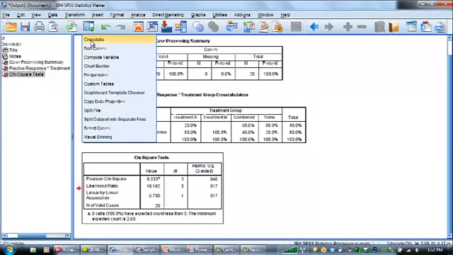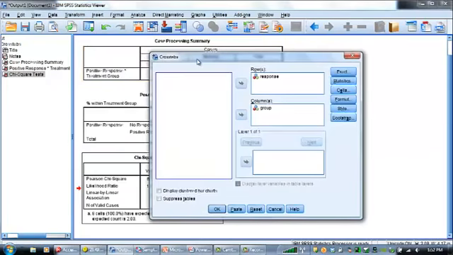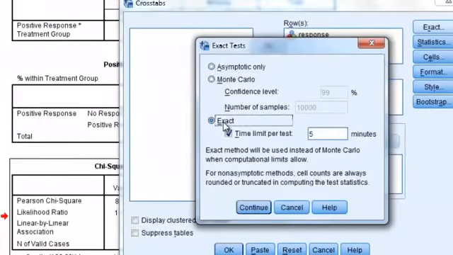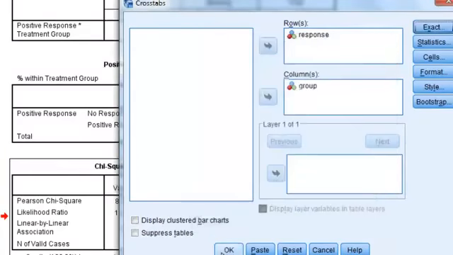We use the dialog recall tool, which raises the exact same dialog. The settings are persistent. I go to Exact Test now, and remember, the Exact Test module is available in the crosstabs engine and the non-parametric tests. It is not a separate pull-down menu. We select Exact. I go to the Exact Test radio button, select all the defaults, go to Continue, and then